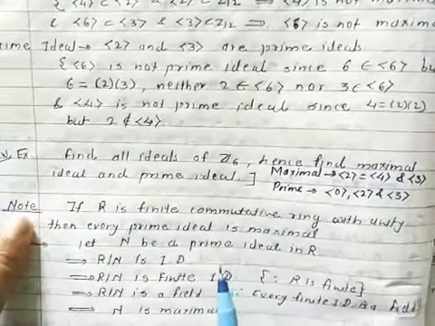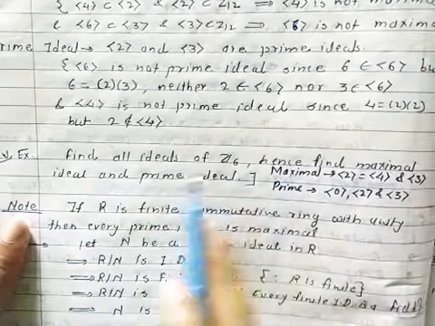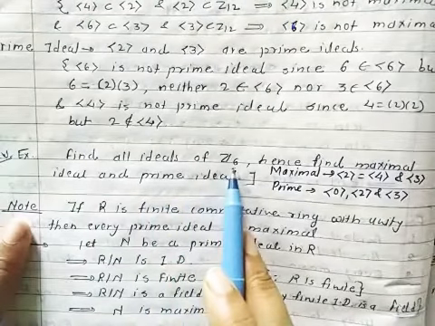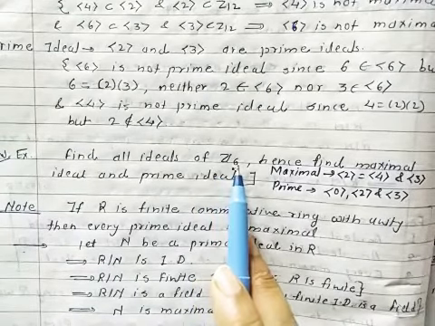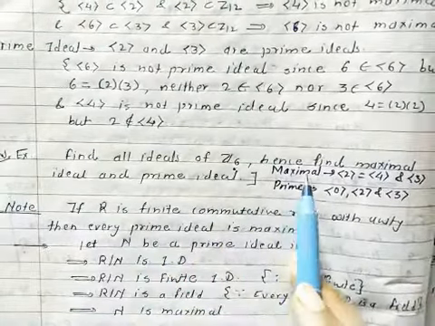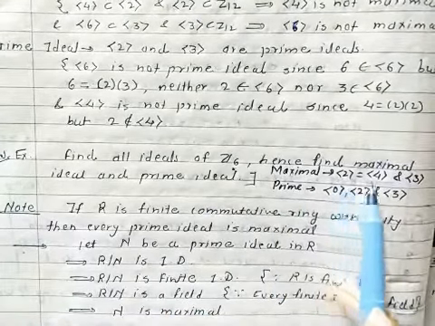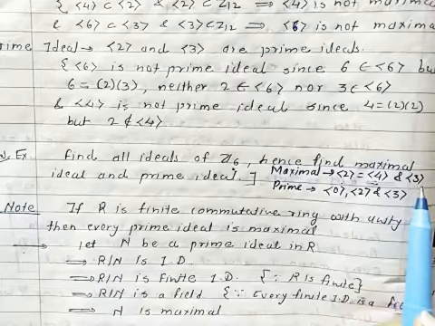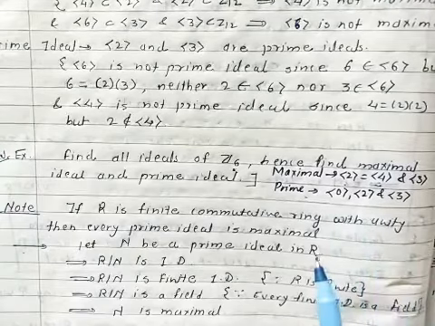Similar to this, you solve the example: find all ideals of Z6, hence find the maximal ideals and prime ideals. You take this example as homework. First of all, the given set in Z6 is the set with elements 0, 1, 2, 3, 4, 5. First find all ideals, and among them find the maximal and prime ideals. So you will get that the ideals generated by 2 and 4 are the same, which is a maximal ideal, and the next ideal generated by 3 is maximal, and the prime ideals are generated by 0, 2 and 3.